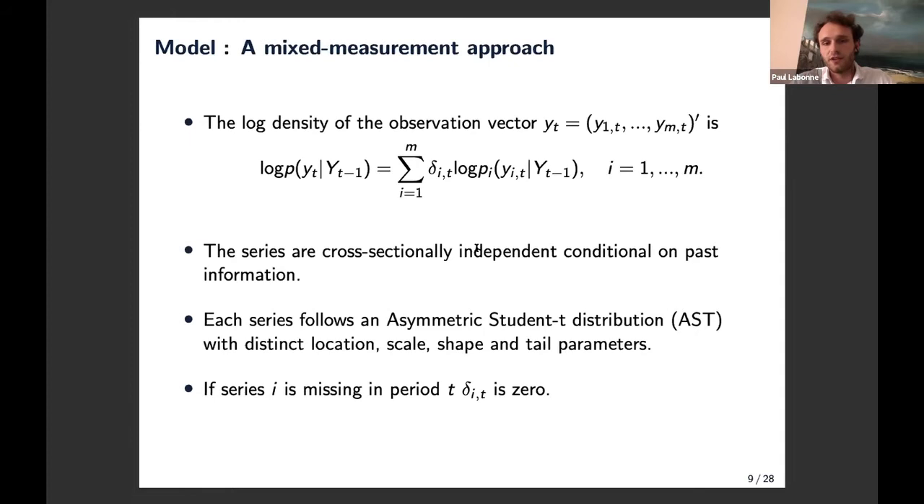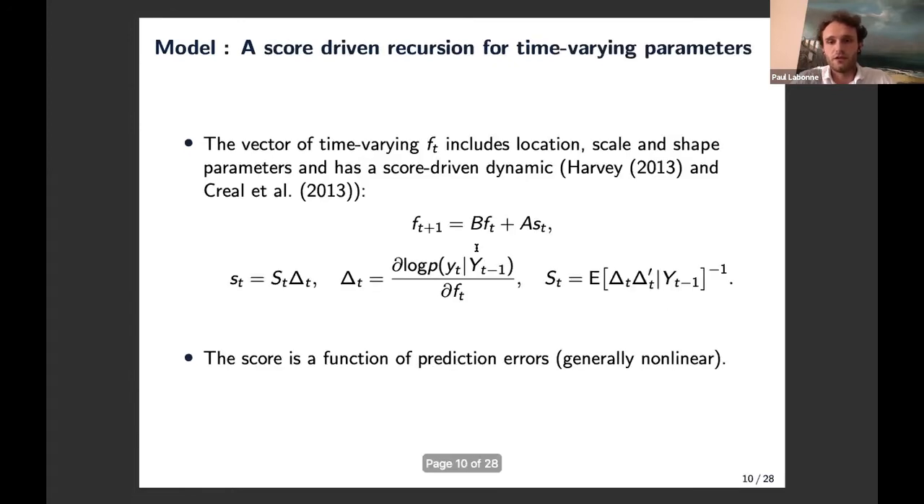So then I need to set a model for the location, scale, and shape. For the parameters in this estimate, I'm dividing the location, scale, and shape into different unobserved components, so a trend and the common components, which I will put in FT. And then the learning mechanism here, the dynamics in the model come from the conditional score of